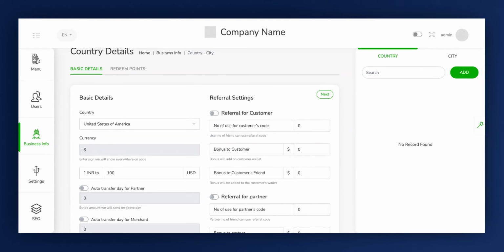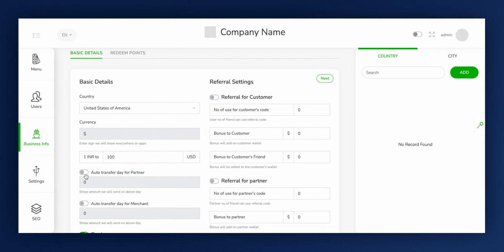Then, you can observe the setting for the automatic transfer day for partners. This is crucial for managing how vendors or partners receive their earnings, whether through Stripe or manually by the admin. If you enable the toggle, it allows you to set up automatic transfer days. By setting the auto transfer day to 1, partners can have their earnings transferred from their Stripe account within a